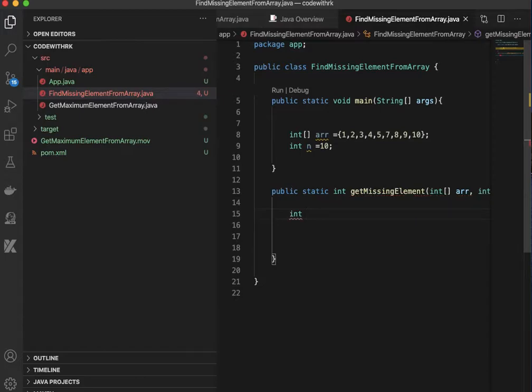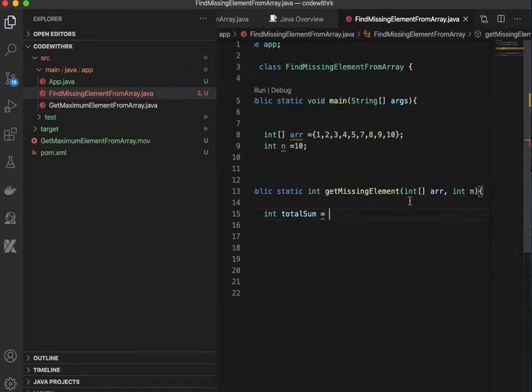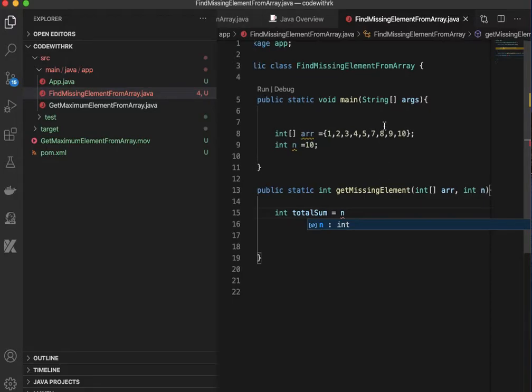Int totalSum, I have just declared one variable totalSum. Now I know that array size is 10, so n equal to, what I am doing, multiply n plus 1, divide by 2.